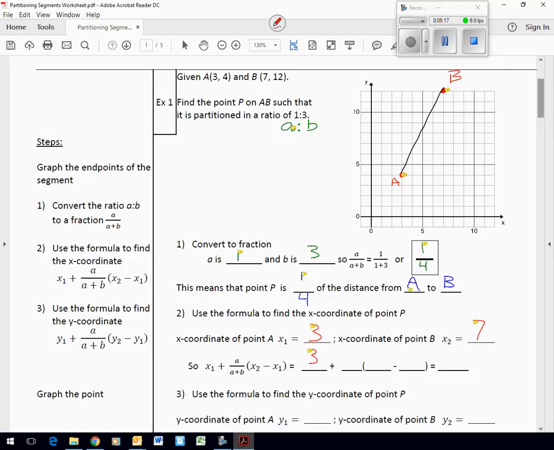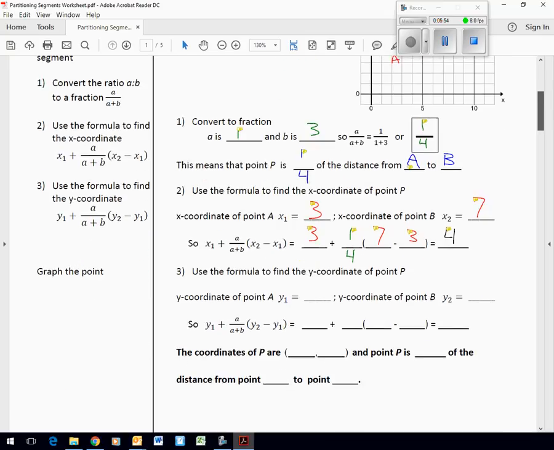1/4. Okay, this fraction was 1/4. What was x2? 7 minus, what was x1? 3. Now get your calculators out and type in with me. 3 plus, hit the fraction button, 1/4, parentheses, 7 minus 3, close your parentheses. What do you get? You get 4, okay? So the x coordinate of P is 4,